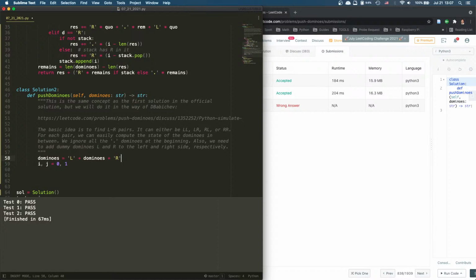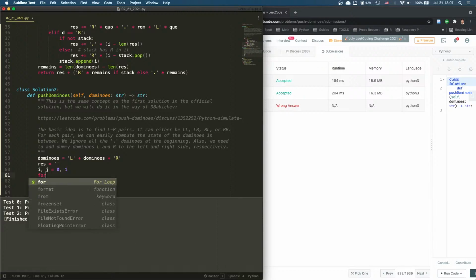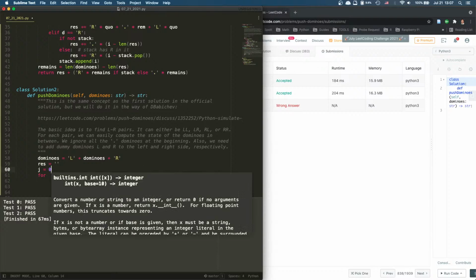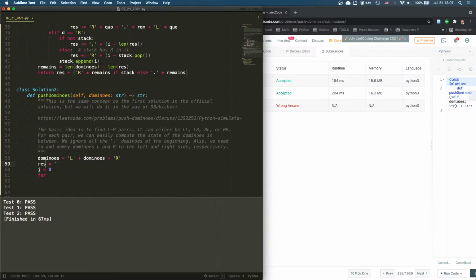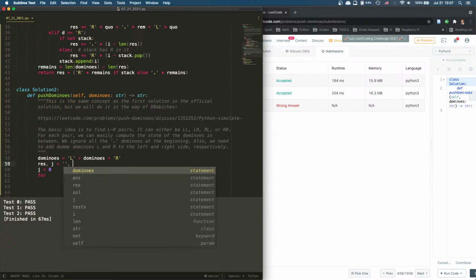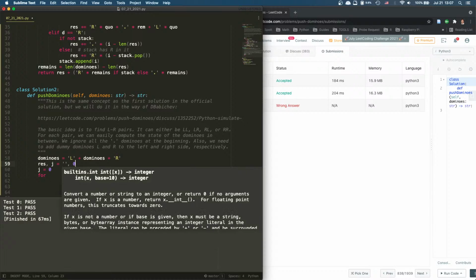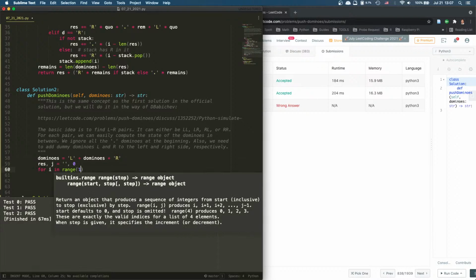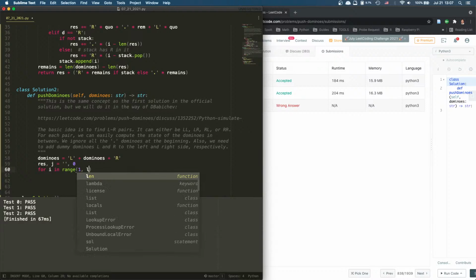And we now also have a res equals this. I equals 0, j equals 0. I'm going to put them together. Res is this, j is 0. So that's the dummy. And for i in range, I'm going to go 1 towards len dominoes,